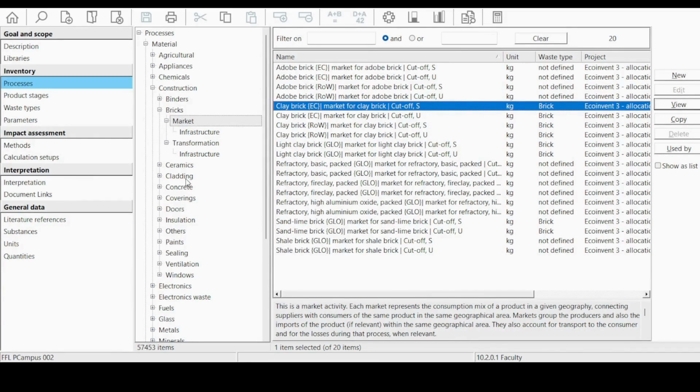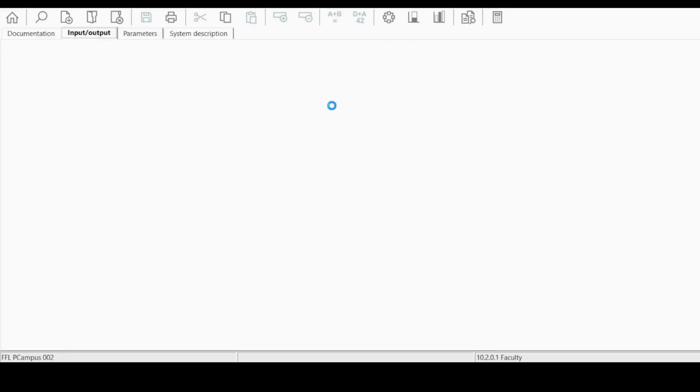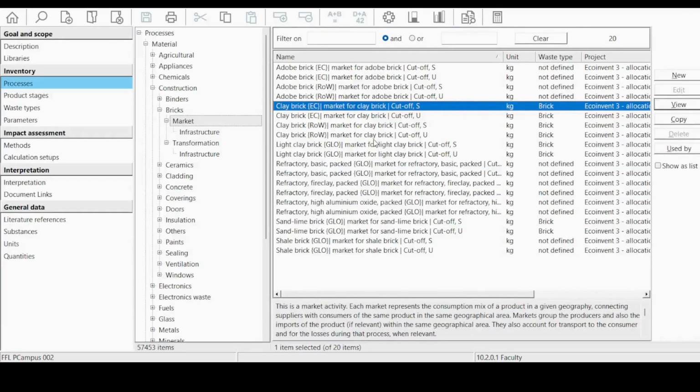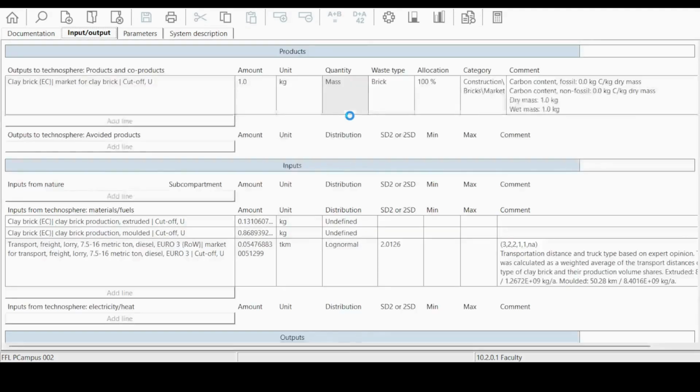So first let's open the network diagram of clay brick that is under the market category. But here I recommend you to open the unit one rather than system one, because in system one you will have only a single block in the network diagram. That is what we demonstrated in the last video also. So let me click that one, that is unit one, and let's see the network diagram. So calculate network,